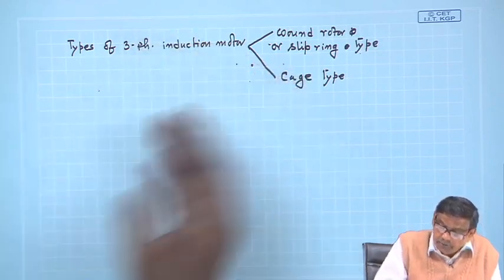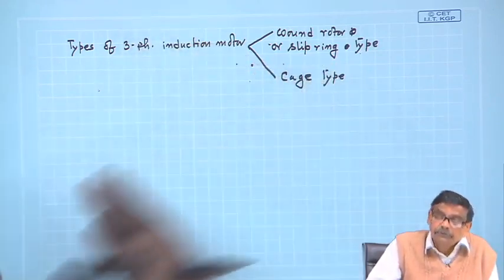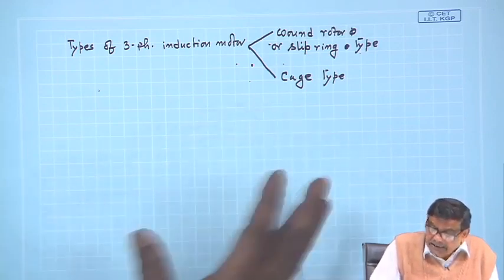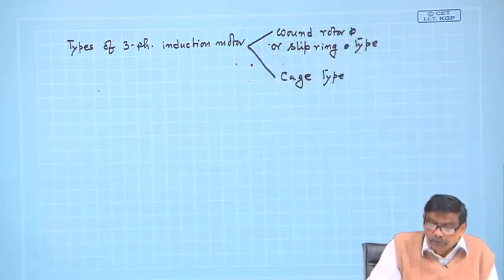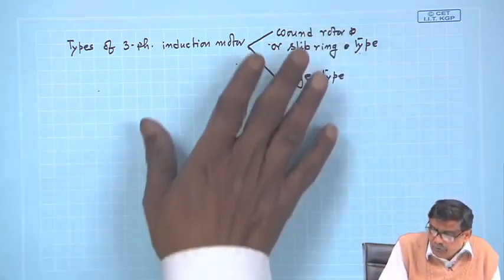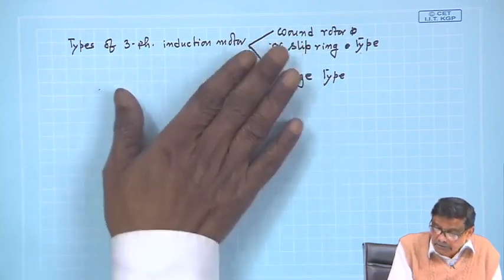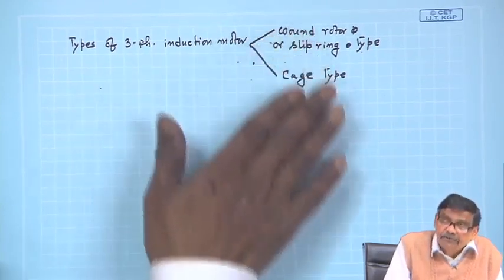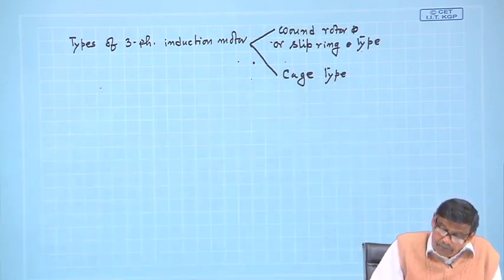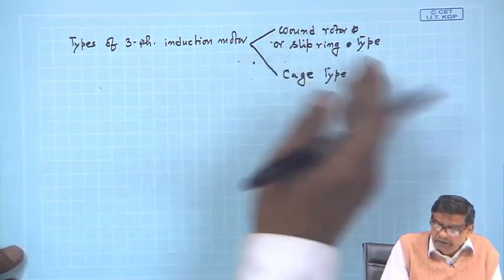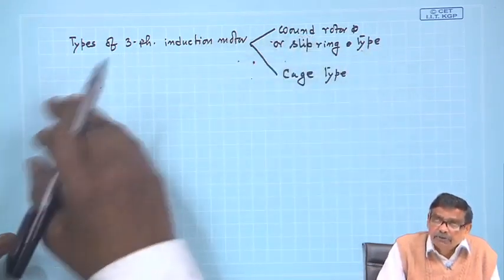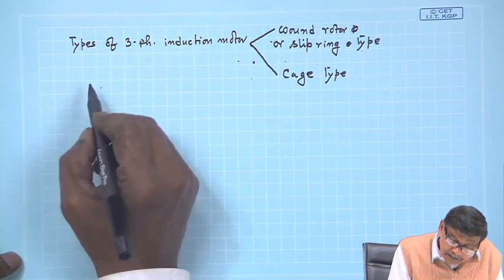It is based on the rotor. These induction motors are classified into 2 groups. One is called wound rotor type and slip ring type. Some changes in the rotor only. Stator of course houses a balanced 3 phase winding in both the cases, but it is in the rotor something we are doing. There is difference between these 2 kinds so far as the rotor is concerned. Now, so far we are discussing slip ring induction motor, although I have not told the name, because what I have assumed is that